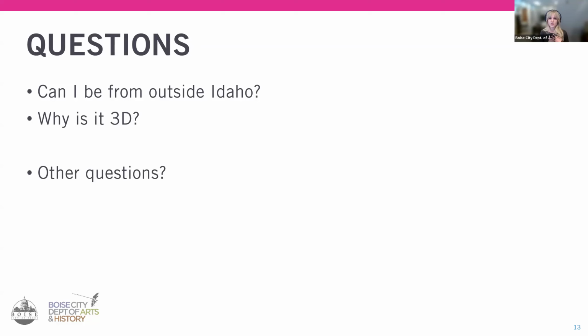So the way that I describe modular in this particular project is I think of it almost like a puzzle. A puzzle is made of multiple pieces. Each piece is unique, but collectively they create one image. The only difference is that a puzzle is static. You only create one image out of multiple pieces. And in this case, I'm challenging artists to go a step further and create a work that is made of multiple pieces, like a puzzle, but can be deinstalled and rearranged in a new location, in a different composition. So the goal ultimately is yes, a 3D work made of multiple pieces that can be